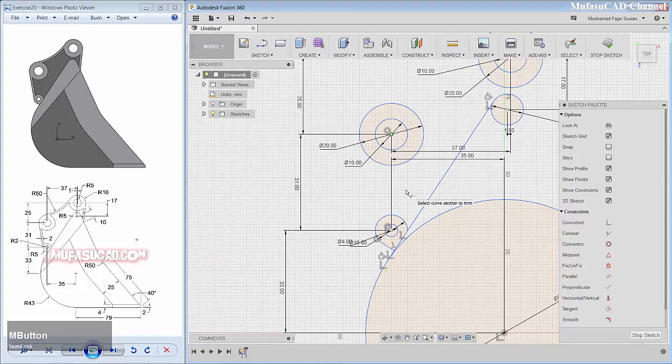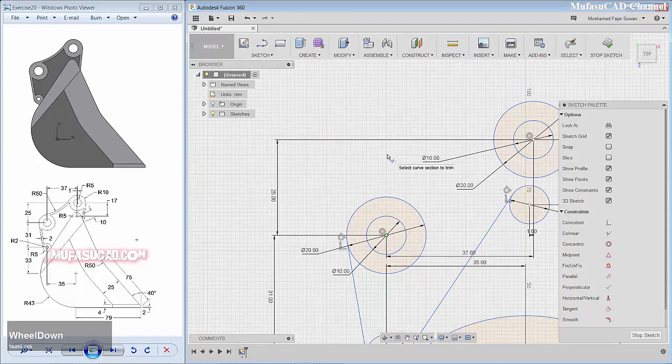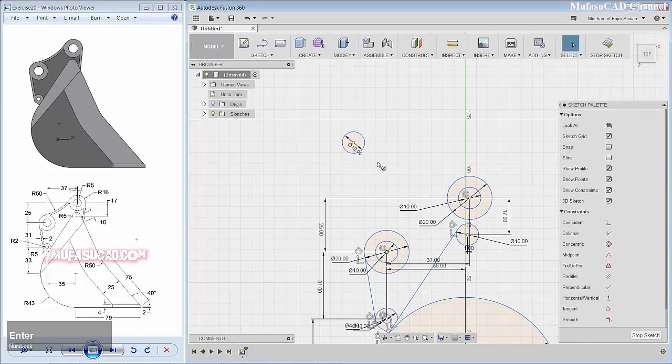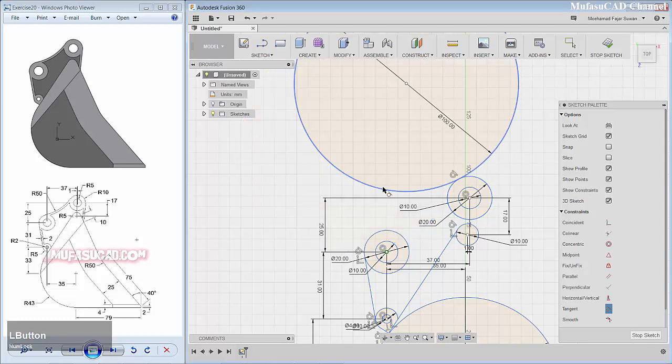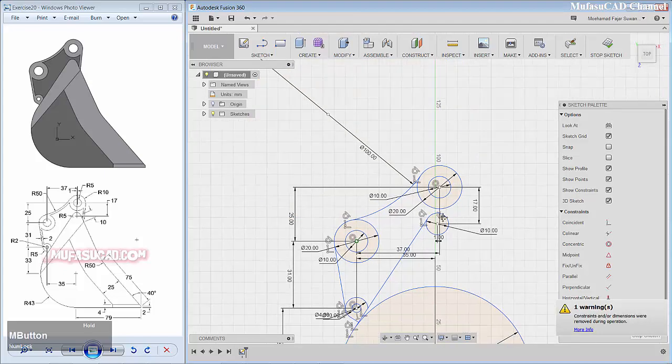Next, we create a line object from this point to this point and connect again by using a tangent. Okay, I will connect these two objects, line and a circle. Use trim command to cut this line object, and we create a circle in here with diameter 100. I will change into 100 and use a tangent to connect the circle into the circle and the circle into the circle. Okay, I will trim to cut the circle object.